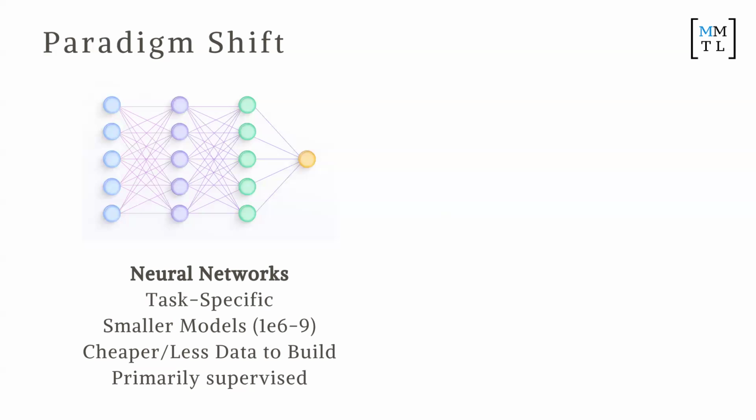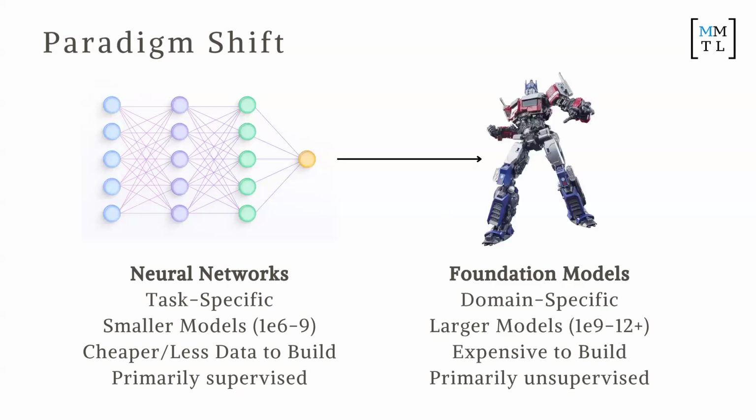A lot of AI research in Australia, unfortunately, is still in the neural network space, but we have now shifted to foundation models, which is very big now, I think, in Silicon Valley and the Bay Area. They are domain specific. Usually you can create a foundation model to do one domain really well, for example medicine or language, but people are starting to connect these foundation models together. They're generally larger models, 1 billion to 1 trillion parameters, and very, very expensive to build. We'll talk about how much it costs right now.